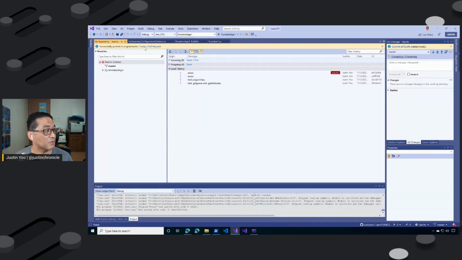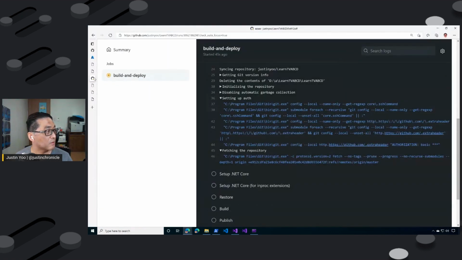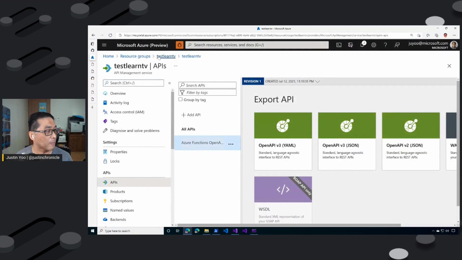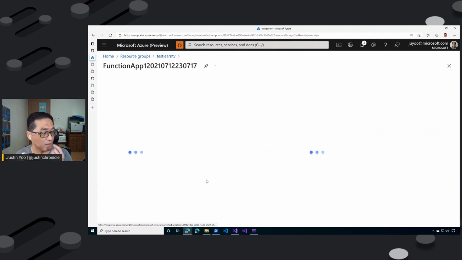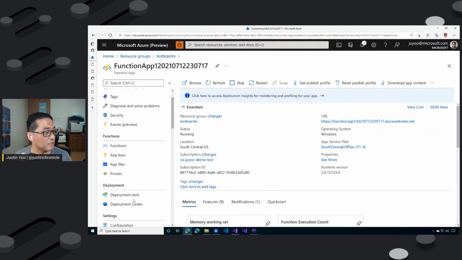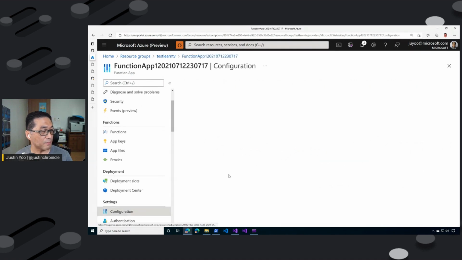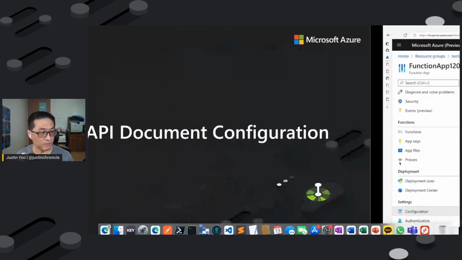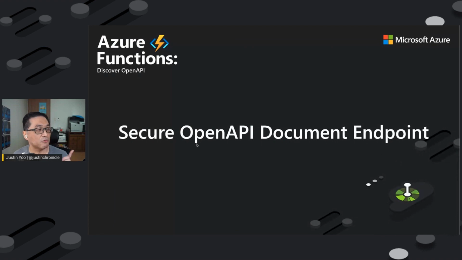Now let's get back to, so what else? Okay, so let's do this one. So let's get back to here. What I'm going to show for now is that we are using the functions application here, and I'm going to change some configurations. What I'm trying to achieve is that I want to secure the OpenAPI document endpoint. What that means is that